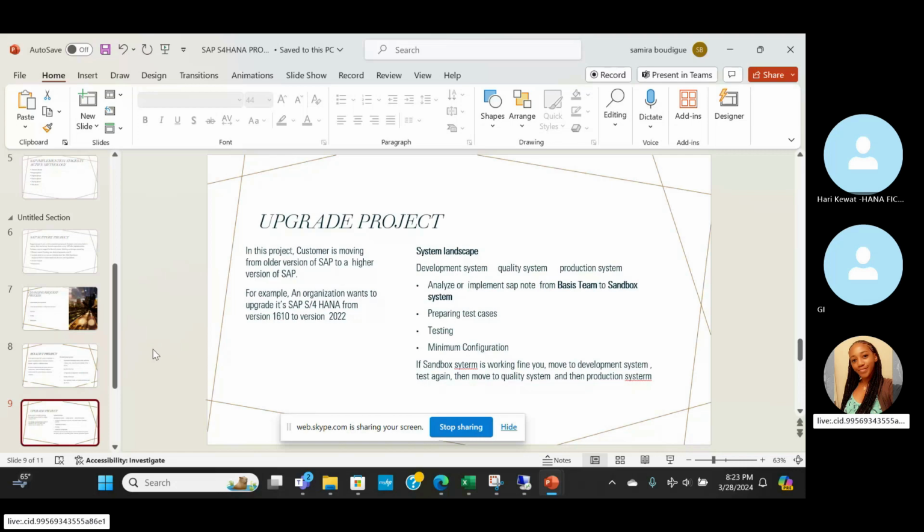The sandbox system is going to be tested. So from development system it is going to be tested. If it's working fine, you're going to move now to quality system. And from quality system, it's going to be tested again. And if it's clear to go, you're going to move now to production system. And then from production system, you go live with